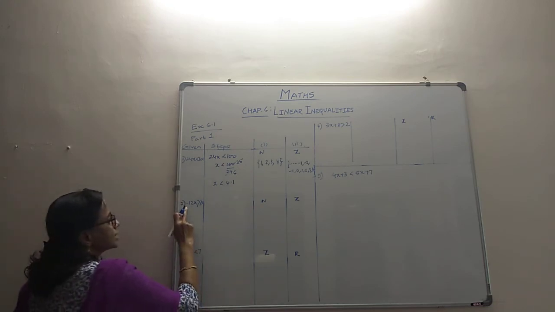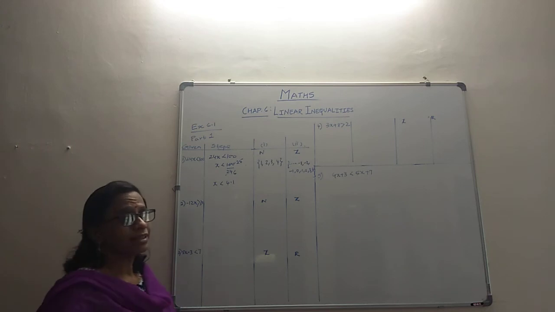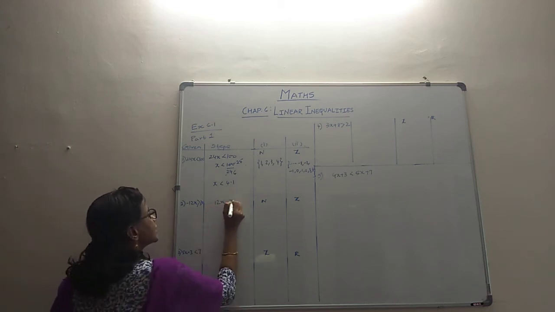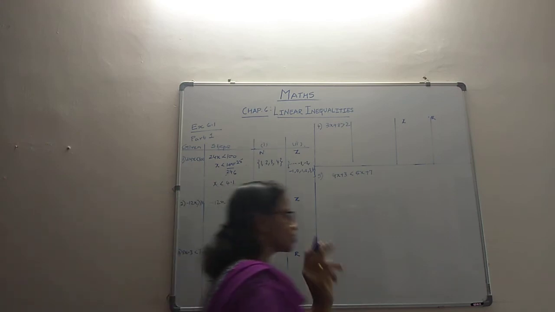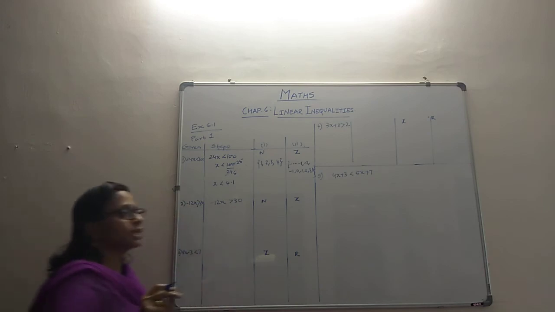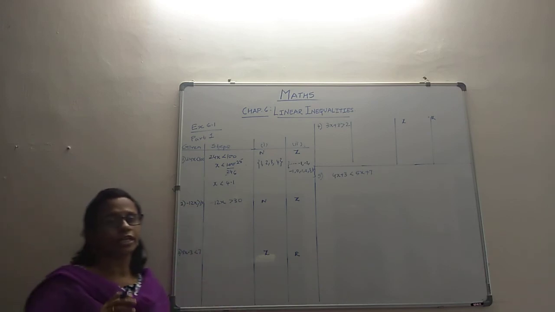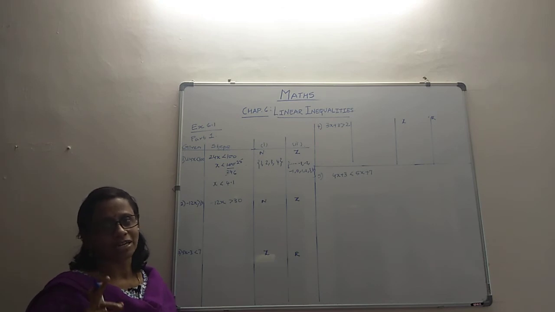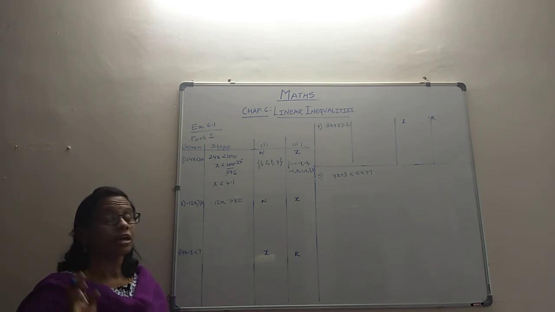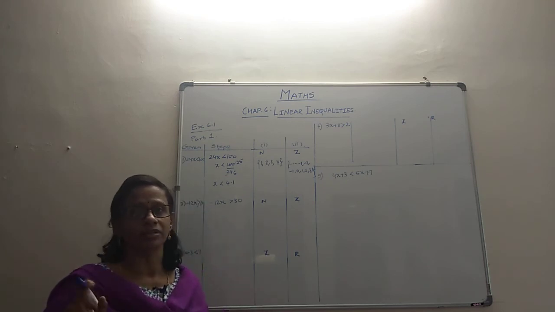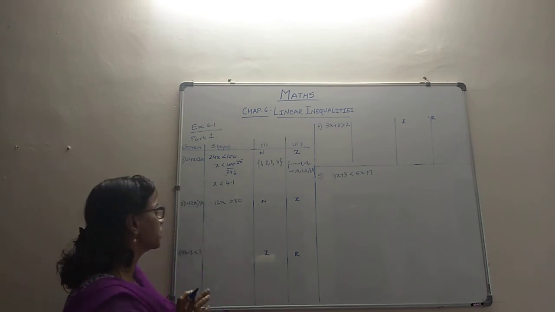The second question tells that it is -12x greater than 30. So -12x is greater than 30, just like before. Yeah, now most of the steps that we do are just like equations, except for division and multiplication by a negative number. Whenever you divide or multiply by a negative number, the inequality will reverse. We only have to be particular about that.